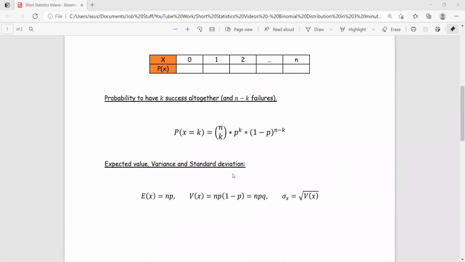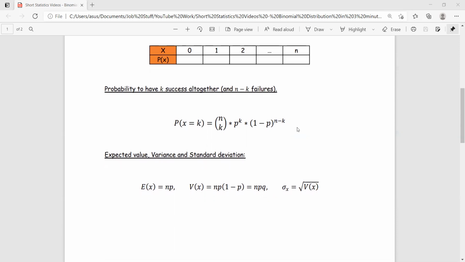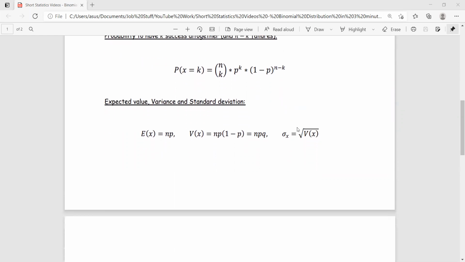is defined like this. We have n over k, which is the number of combinations of k successes out of a total of n trials, times p to the k, which is the probability of success multiplied k times, times 1 minus p, which is the probability of failure, to the power of n minus k, which is the number of failures. As for the expected value, variance and standard deviation, the expected value is defined as n times